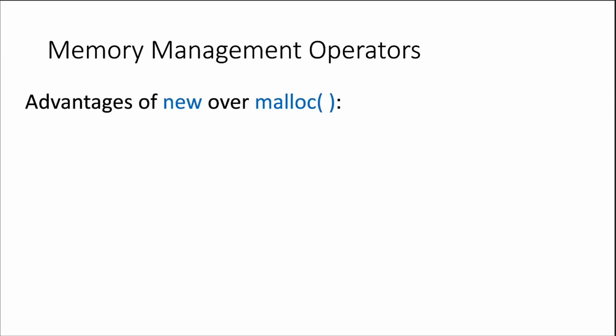So why are we using new? As I told you, C++ is nothing but an improvised version of C. Improvised in the sense that the programmer is made more disciplined and more systematic. All the common errors, common mistakes and common pitfalls that were found are taken care of in C++ in a very precise and clear manner. So we will see the advantage of using new over malloc. There are certain advantages.